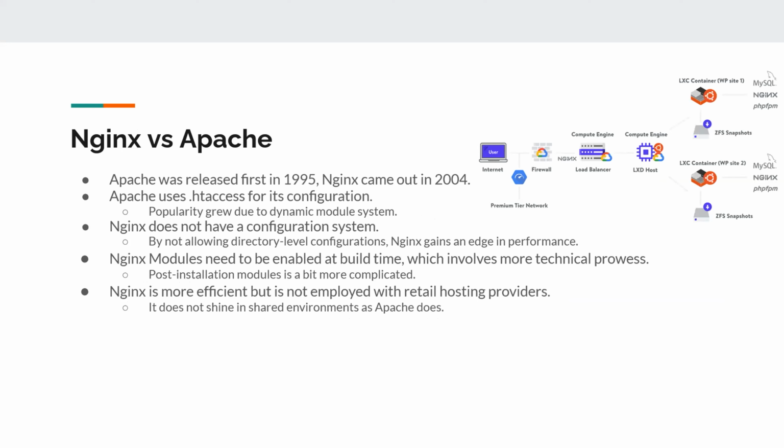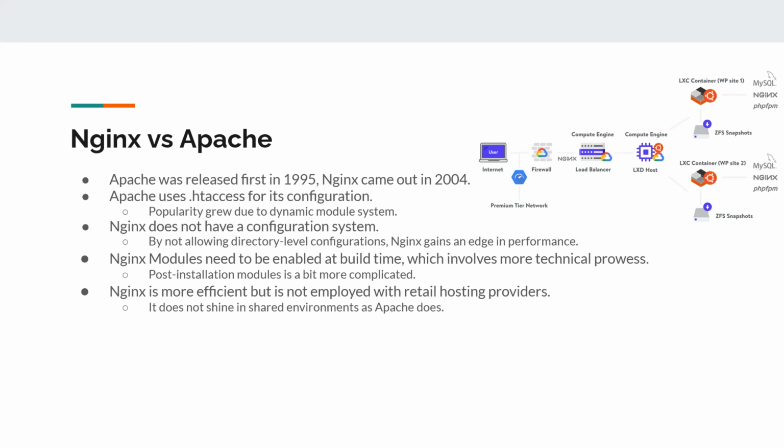Just to expand on Nginx and Apache. So Apache was released in 1995. Nginx came out in 2004. Apache is also a web server, but it allows directory level configuration with .htaccess, and it gained popularity initially because of the dynamic module system it had. Nginx does not allow directory level configuration, which actually gives it an edge in performance, impactful enough that people